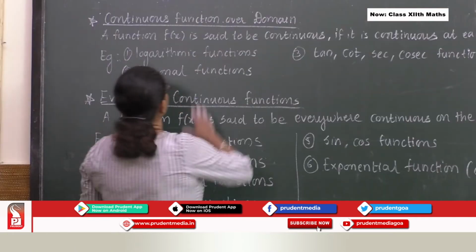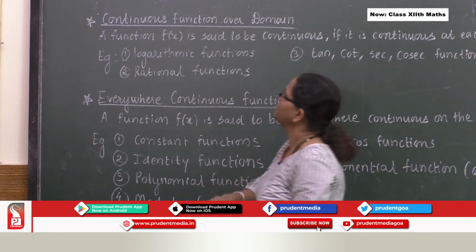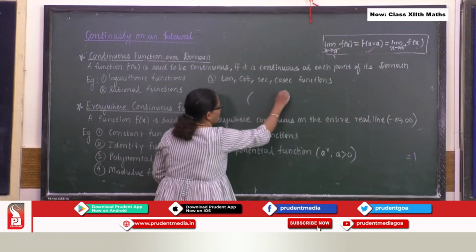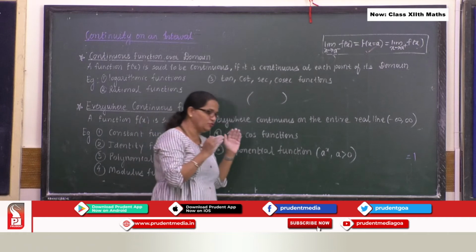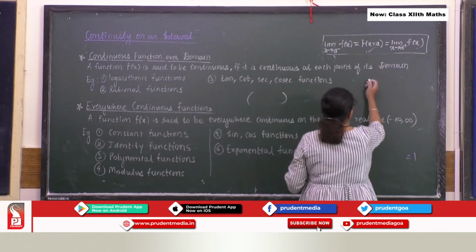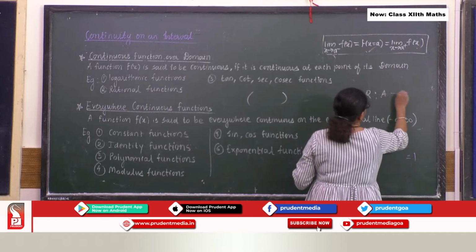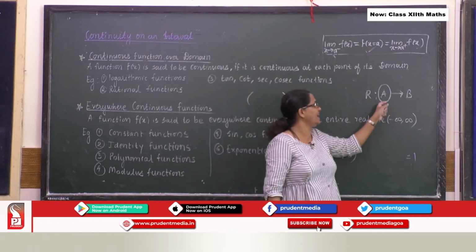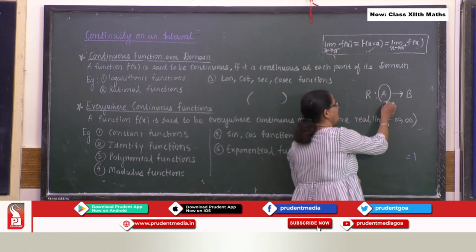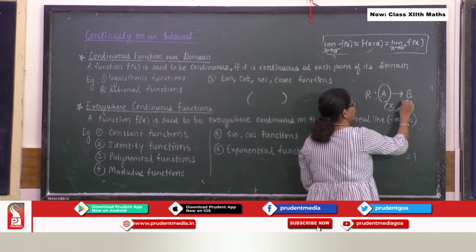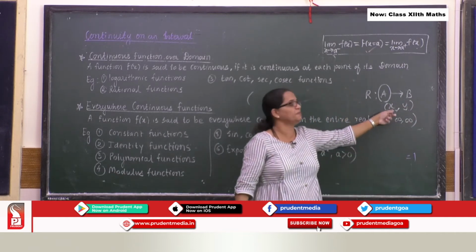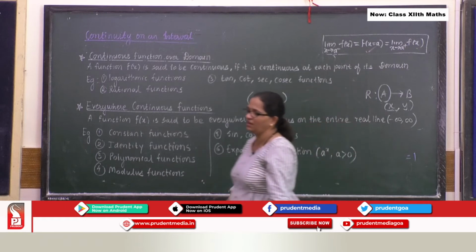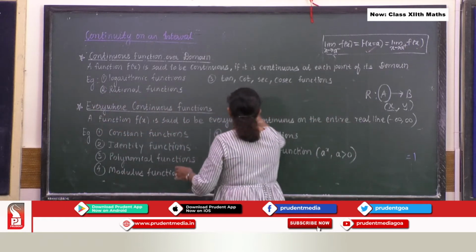Fine. So let us talk about two more kinds of continuous functions. This is the third kind of continuous function. Here we say the function is continuous over its domain. So we just focus on the domain. When you talk about relation, we say A to B. The parent set, this set A, is called the domain, or you can say all the first elements, the first component of the ordered pair. When you list it in set format, what you get is the domain. So basically we focus only on its domain.